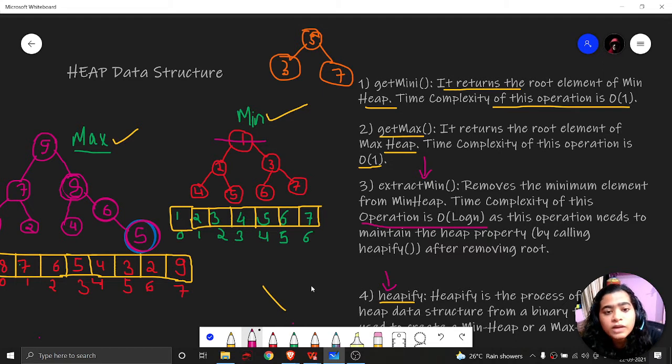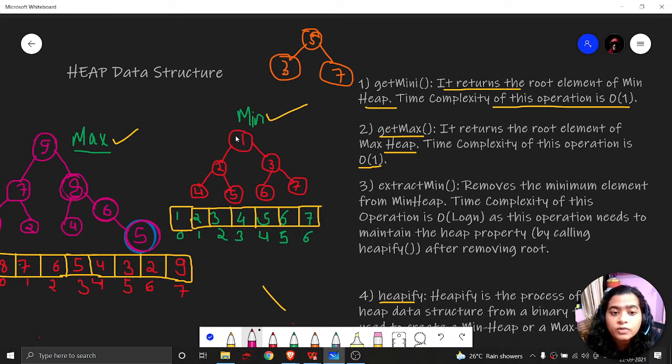You might be wondering, if we are deleting the first element, then it should automatically be in place. But deleting in a min heap is not just removing the first element. If we want to remove the first element or the top element of the heap, we have to replace the position of the root with the last element or the last child.